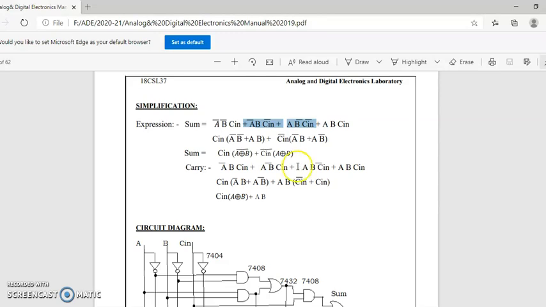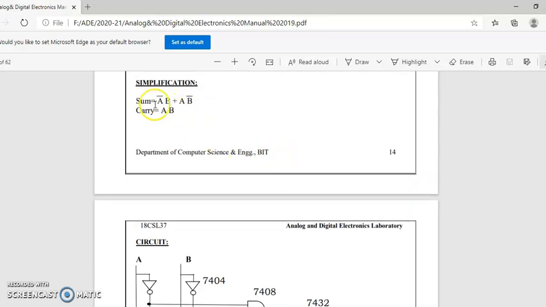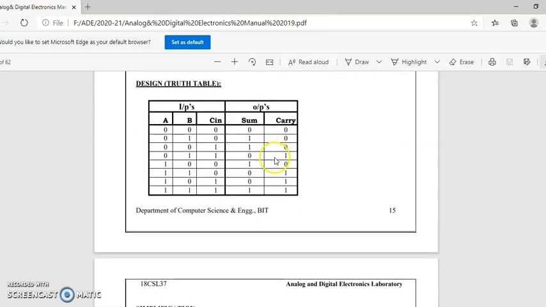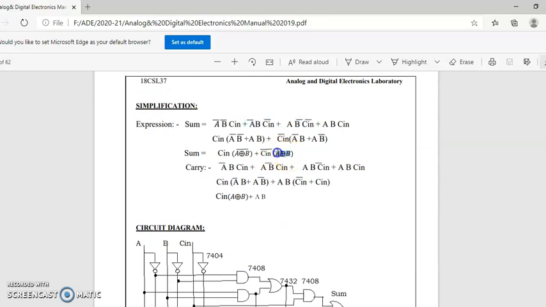Because already we have this here, A XOR B. Once we realize A XOR B, we can extract that. Using a NOT gate, we can get this component. Directly AND with C in and C in bar, we can get this complete term easily. Now when we simplify for carry, it can be further simplified using a K-map. You'll be getting 3 terms. You can do that. Now what I try to do is get an expression in terms of this sum, so it will be easy implementation.